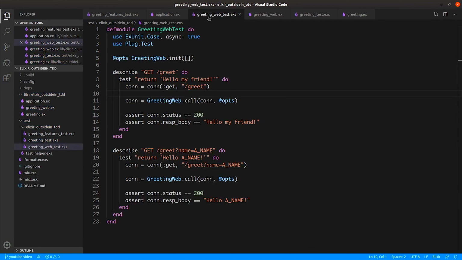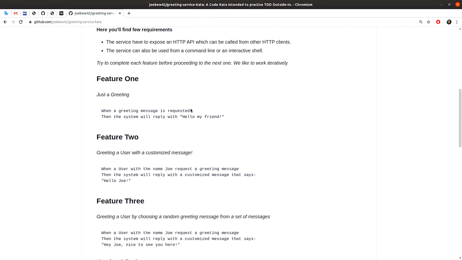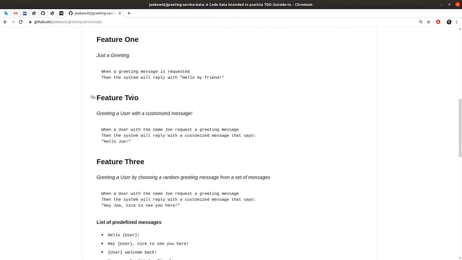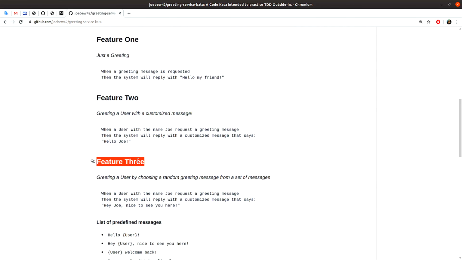We can assume that our feature is now complete. You have feature 1, feature 2. We are able to return a customized message. But now, before moving to feature 3,